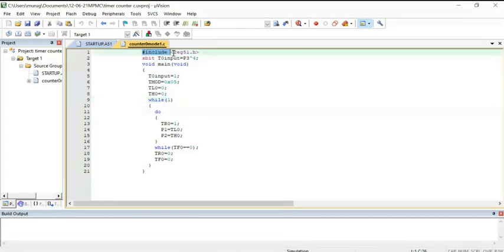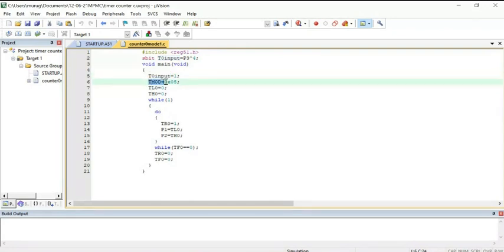Okay, so include your register header file. Assume P3.4, that is timer 0. I'm using my user defined name T0 input. This is the name I'm giving for the P3.4 pin. sbit represents a single bit. Initially make that T0 input, P3.4, as input configuration mode, so I make it 1. Instead of using P3.4, I'm using T0 input. This is my user defined name.